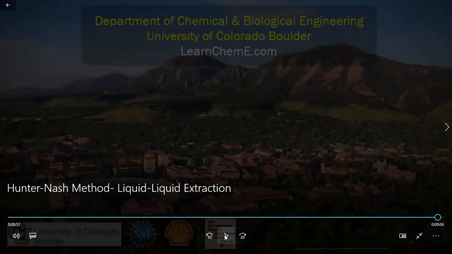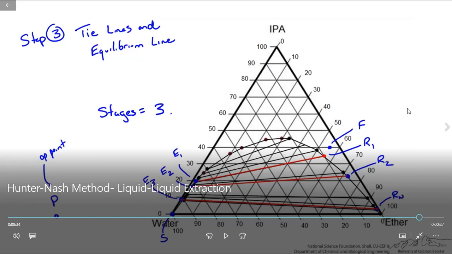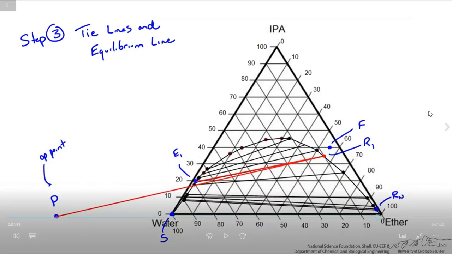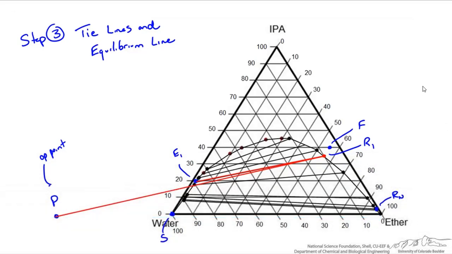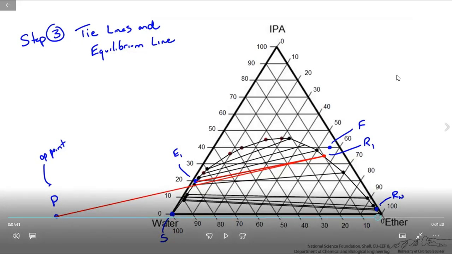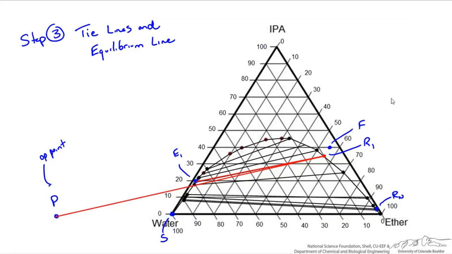One thing here I want to show you, just look at the diagram. As he was drawing the lines, just look when he was looking for E2. What is the difference from the case which we have discussed in our lecture? You have seen that R1 and P were located on the same side. Actually here the P point, the operating point, is located on the Refinate side. As I have told you, it is not necessary always to have P on the Refinate side. So this case you are looking at is an example that P can be located even on the extract side. So there is no problem.